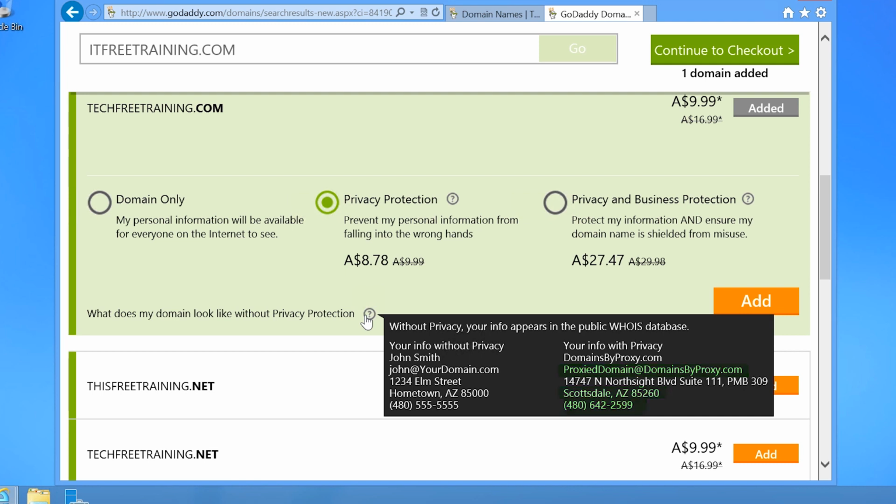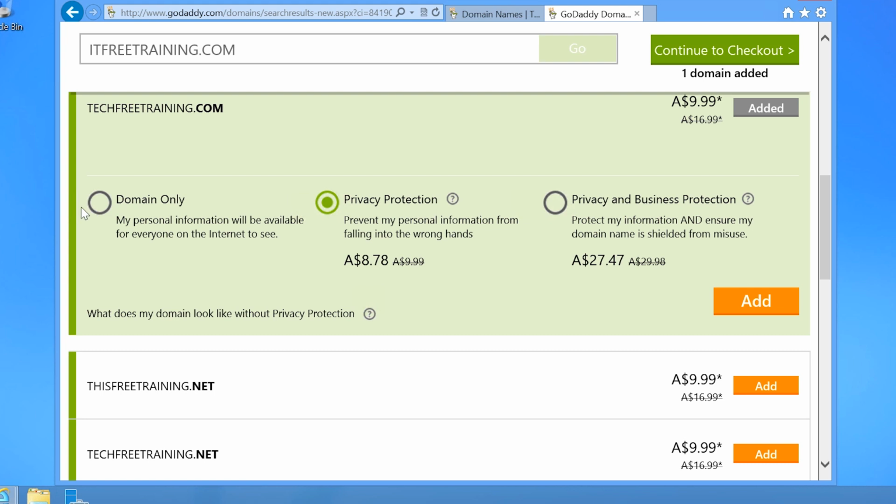You also have the option on the left, Domain Only. However, if you don't press the Add button on the right, no additional products will be added and you will have the Domain Only in the cart. The option on the far right, Privacy and Business Protection, gives you a few extra features in addition to the